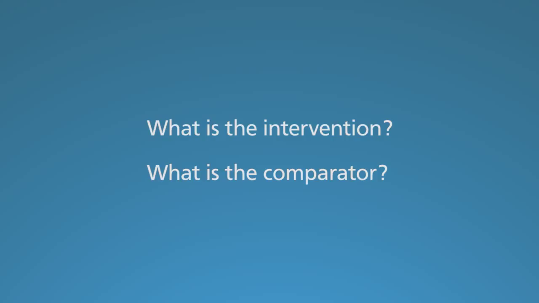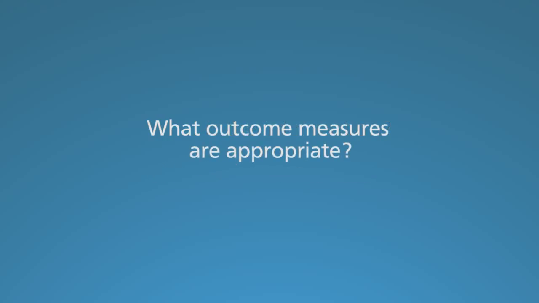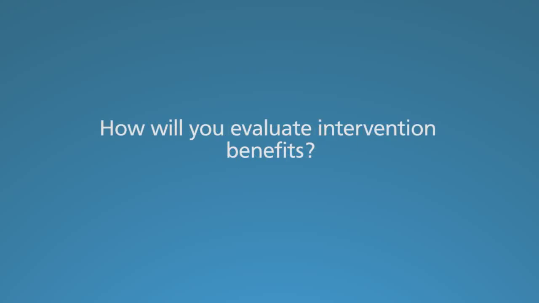Let's assume for the moment that you're intrigued about the idea of developing your own cost-effectiveness analysis using the formats we've presented. Then the first step is to pick your topic. Ask yourself, what is the intervention and what is the comparator? Think of a specific intervention that you have been looking into or interested in. What is the option that you're comparing it to? What outcome measures are appropriate? Remember, you want to include natural units of health, like deaths or years of life. You also want to include measures that your clinical colleagues would relate to, such as viral suppression or other indicators of effectiveness of the intervention.